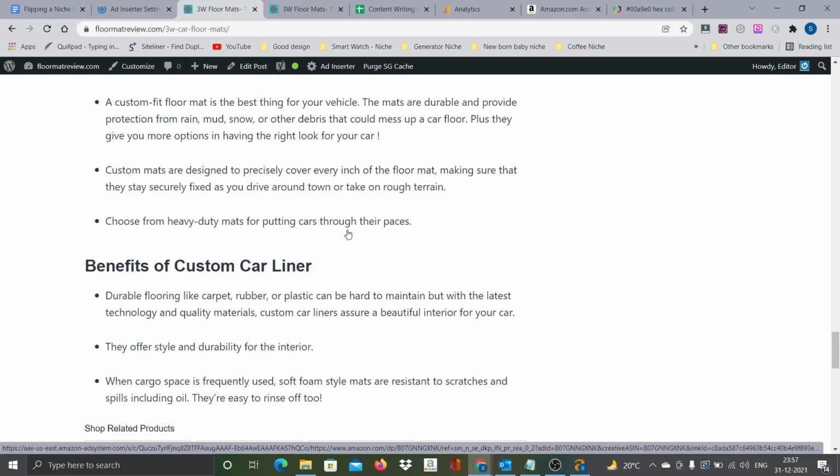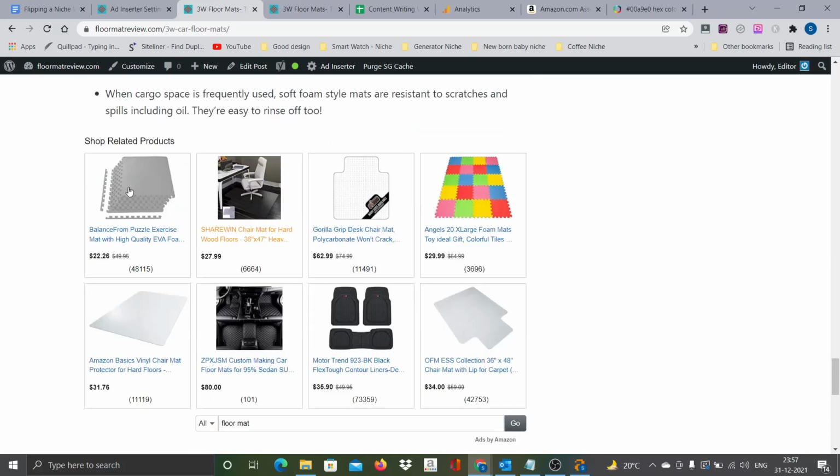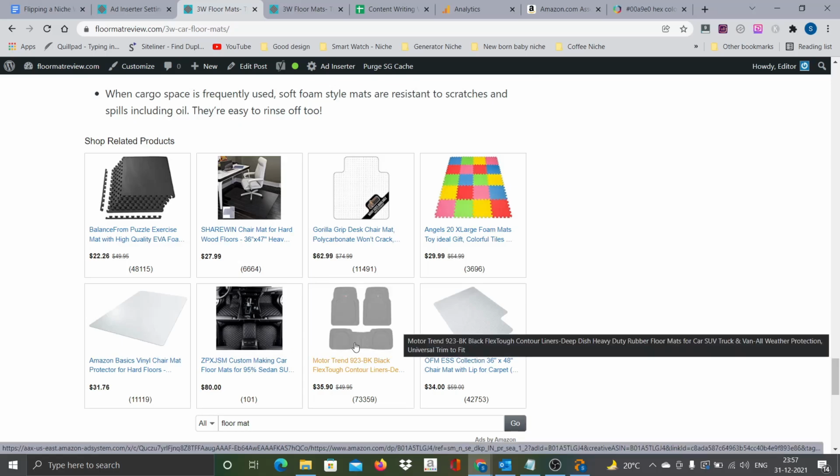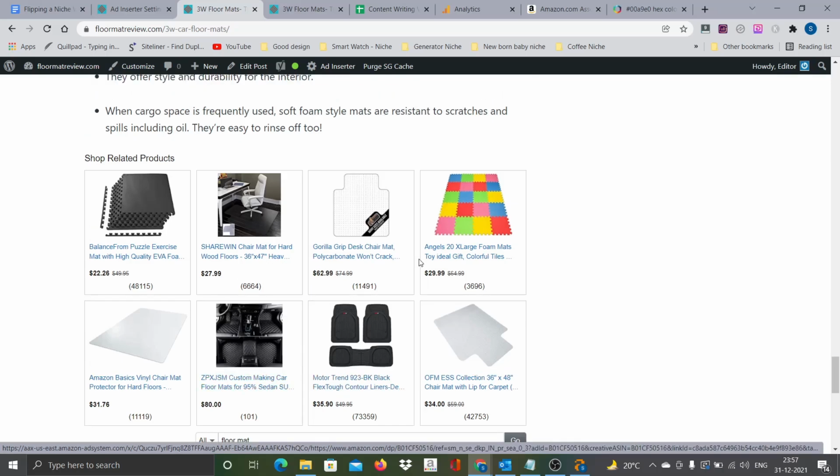Once someone visits any of these blog posts and completes reading the content, if they reach the end of it, then there will be associated products displayed here, and this is going to be dynamic. This keeps changing, and as per the device, it gets adjusted. If somebody likes any of these products after seeing these visuals, because the products are very relevant to the topic, they may click it and we will get some revenue. The conversions are very low for these native ads, but in the early days we hardly got any traffic, so there are very limited opportunities for us to earn.